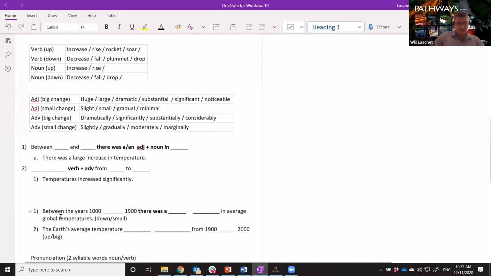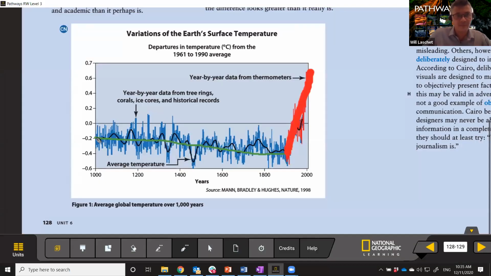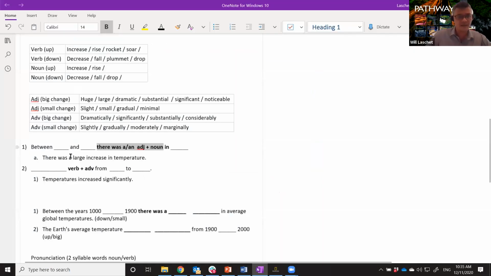So I've got here, between the years 1000 and 1900, there was a, so we can see up here, if we use "there was a", we're going to use an adjective and a noun. Okay, so if we quickly go back, this is 1000 to 1900. So I want us to make a sentence that we can use, and I can fill in the details here. So between the years 1000,